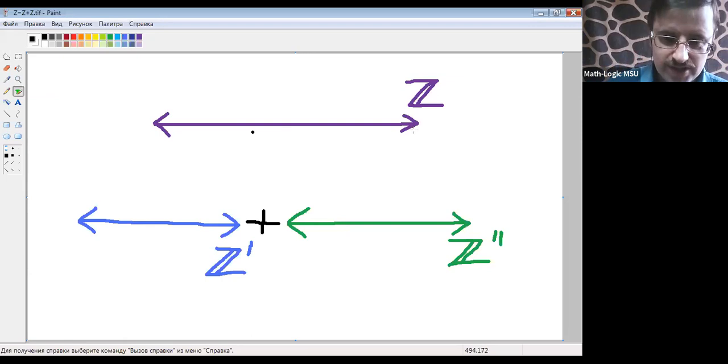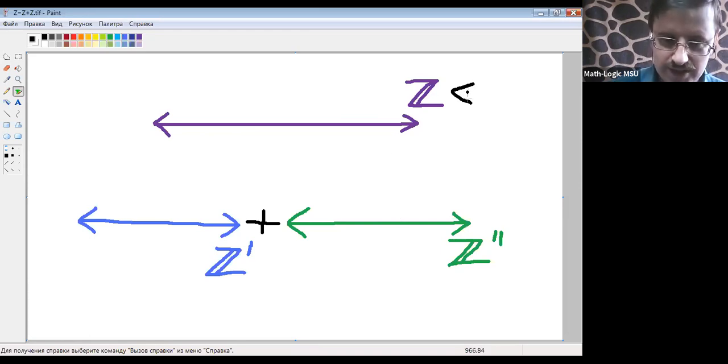Here we have just the integers ordered by the less-than relation. Here we have some set that is ordered like Z; I denote it by Z prime. And here we have another set, again ordered like Z. So we have two linearly ordered sets. Are they isomorphic? Do we have a bijection that preserves